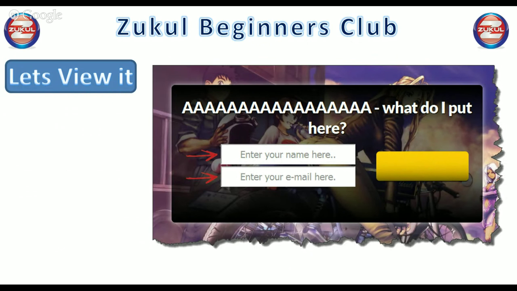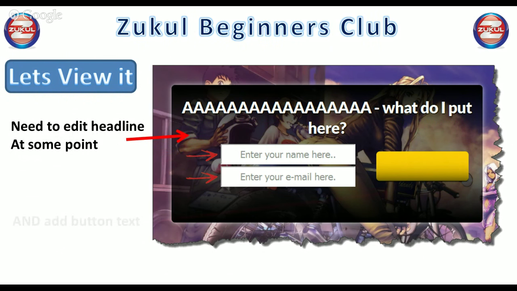But if you had more than one window, and I'll show you an example of what I mean in a moment, then you can put something silly like this in there, always knowing you can go back at any time, walk your way through the steps to get to the point where this appears, and then edit it the way you want it to be edited, knowing now what it looks like, where it is, and what sort of text you want to put in there. Okay, so that's the first bit. You need to edit your headline at some point. And if you haven't done it, you also need to add some button text.